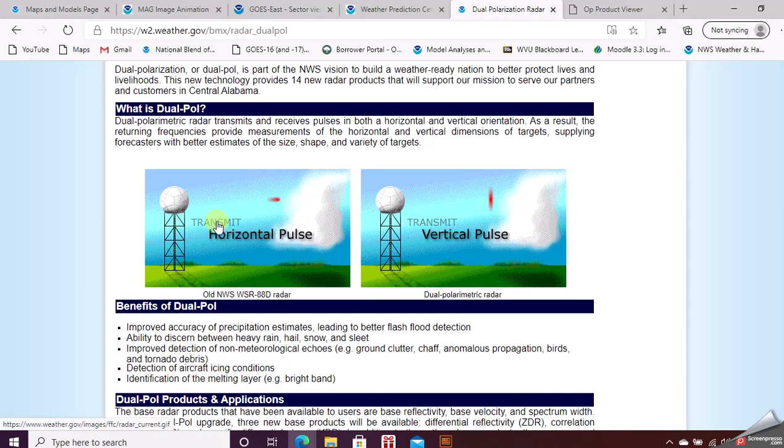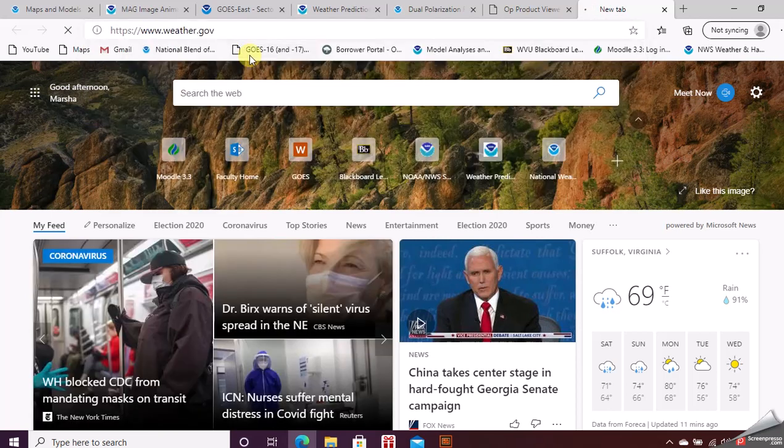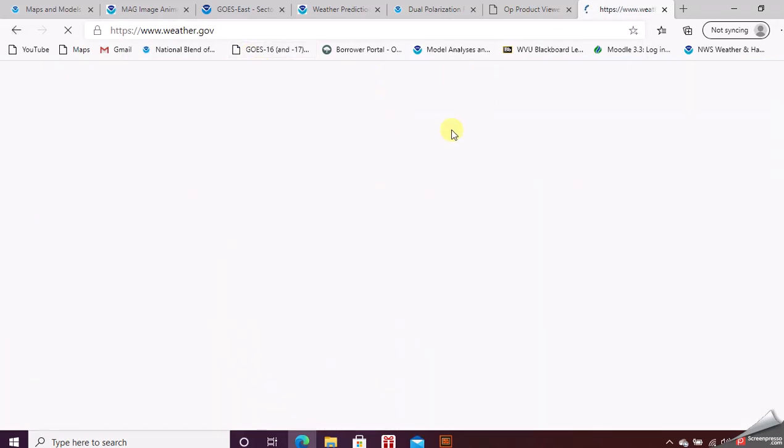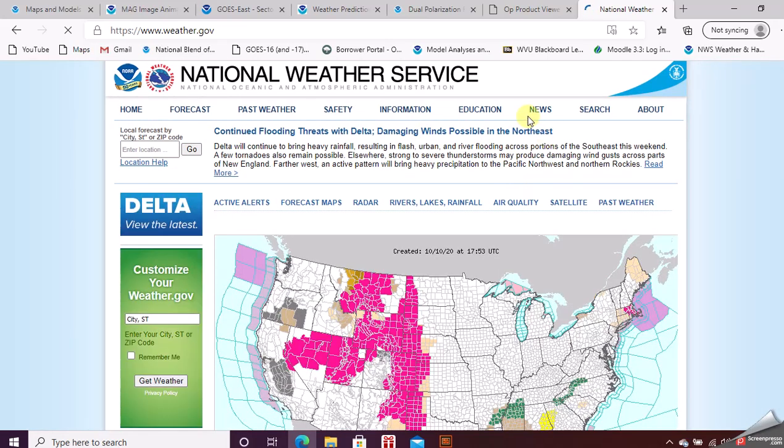Regular radar sends out a horizontal pulse, just like this, receives, transmits, picks up on the moisture out there, and discovers what kind of images you might get, like water, precipitation, clouds, even some bugs get picked up in it. So if I were to go to WAVE and look at the current radar image that we have out there,